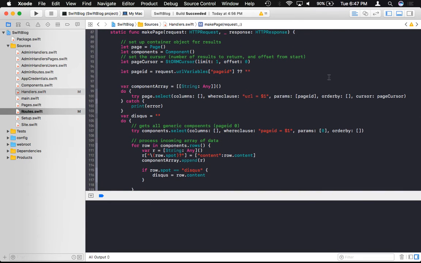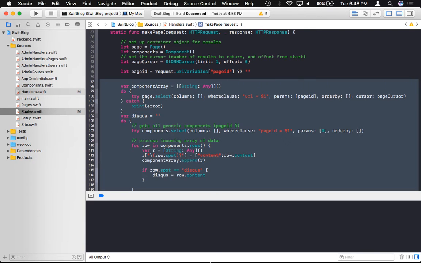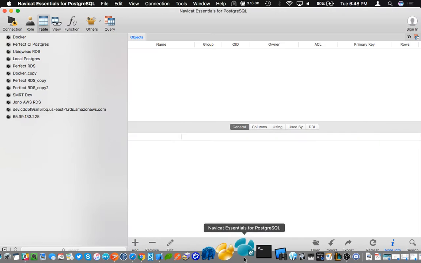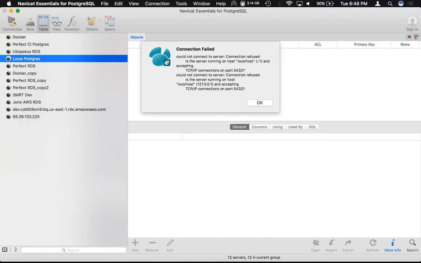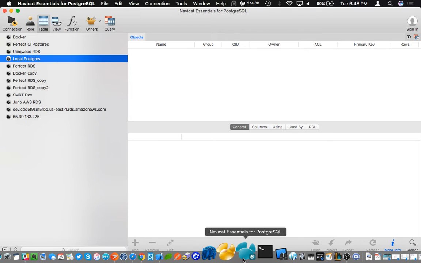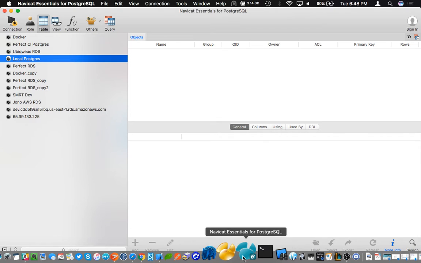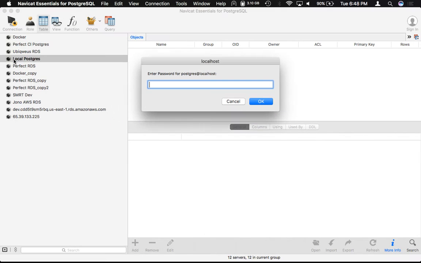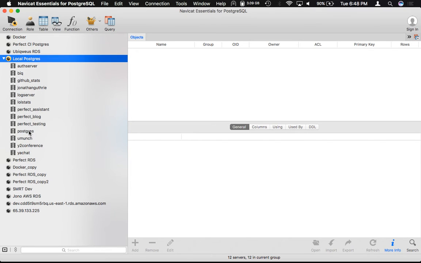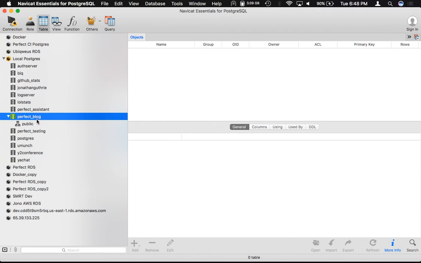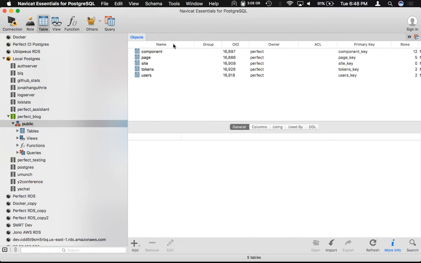Okay. What we do is we're using Postgres as our backend. However, there is no real SQL that we're actually seeing here. So if I was to pop into Navicat, it helps to actually have it on. Let's try it again. Okay. Perfect blog. Okay. There's a grand total of five